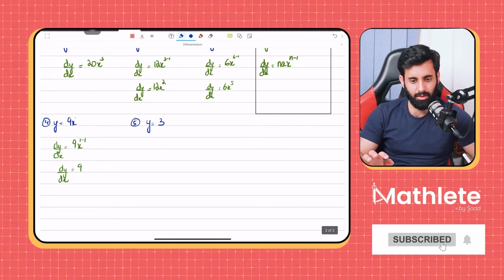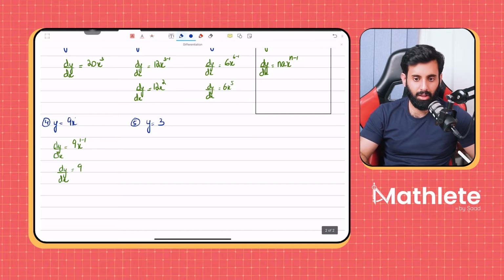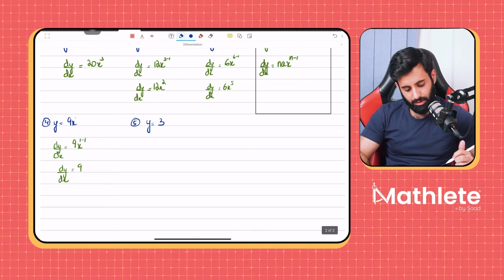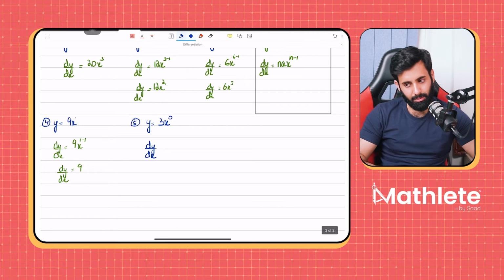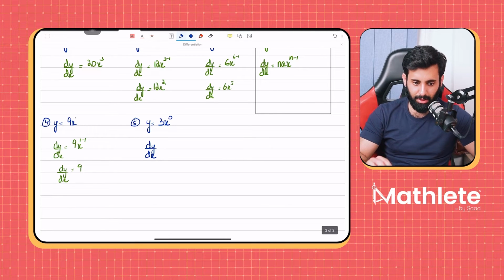What will be the derivative of this? 0. Yes, 0. Why? Because with 3 you have x power 0. If you don't have x, we can always write it as x power 0, right? Why? What is x power 0? What is anything raised to the power of 0? So for that matter,